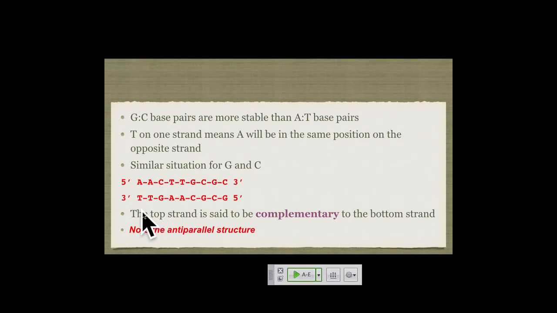Now, I'm going to put this on the exam, and I'm going to give you this sequence, and then I'm going to ask you what the complementary sequence is, and I'm going to have 5' to 3', and you're going to tell me it's TTG, AACG. Okay, and why is that wrong? You have to watch the polarity. So draw it out if you have to, but keep in mind the anti-parallel orientation. And this will apply to everything that we're going to be talking about, even tRNA molecules interacting with the messenger RNA. It's always an anti-parallel orientation.